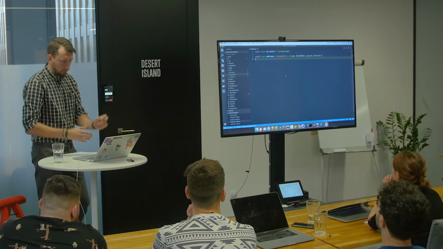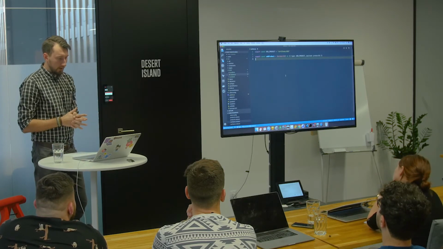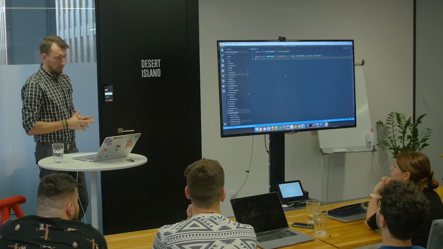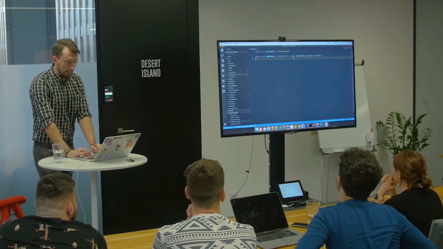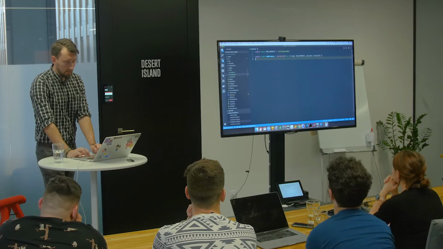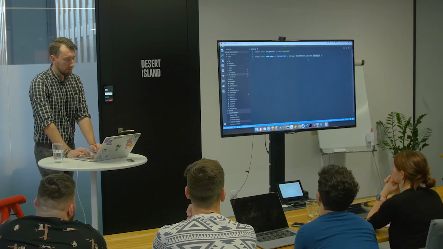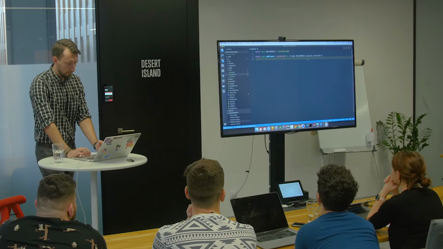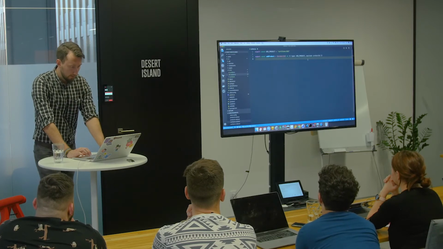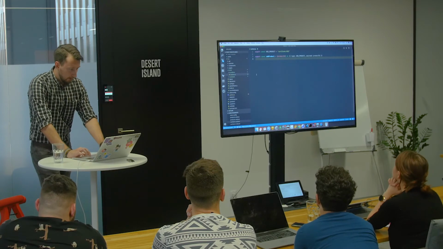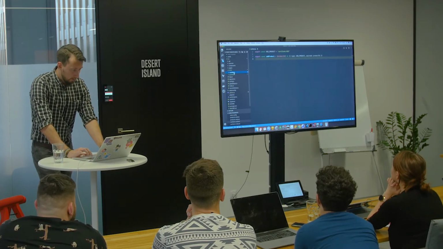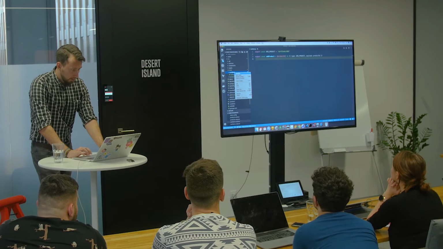So for cart items, we want to have an action to add product to the cart. In our payload, we want to pass the product ID for the product that we actually want to save in a shopping cart. So again, it's very simple. So now we can create cart items